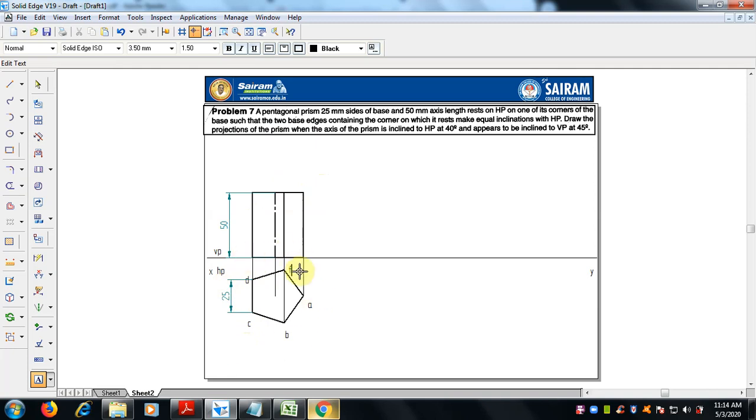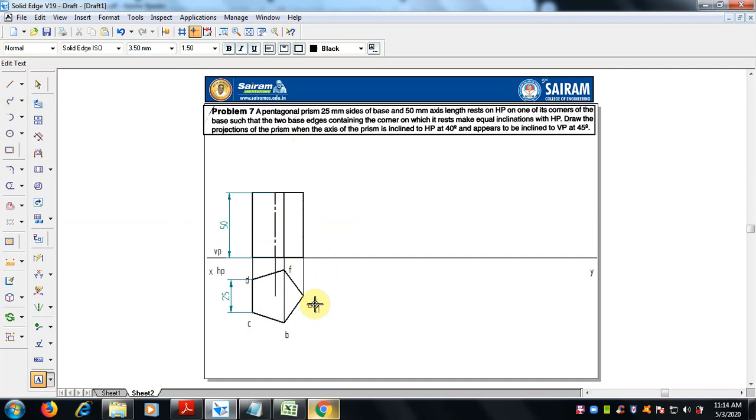I have drawn the top face, but the face is connected with vertical edges to the bottom face also. So here we are going to mention 1, 2, 3, 4, 5. We will mention them in brackets, because from the top, you can see only the top.